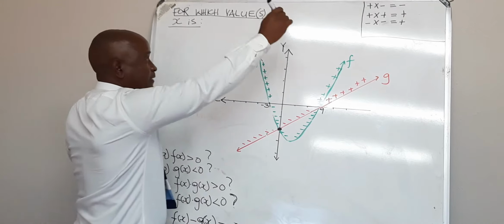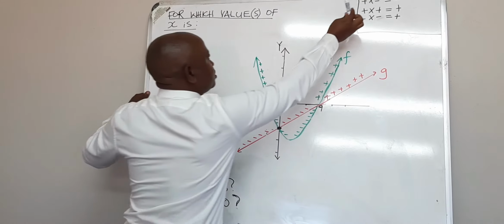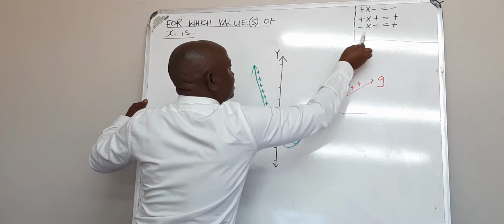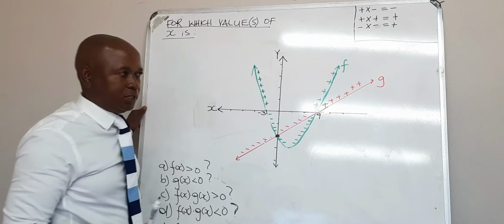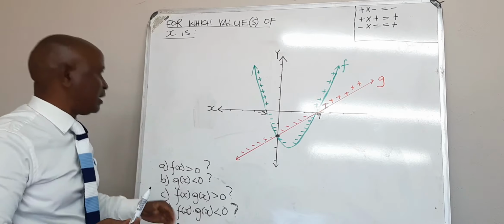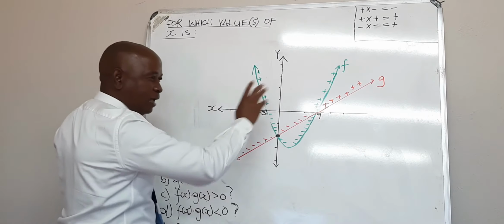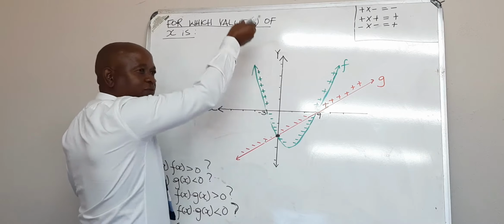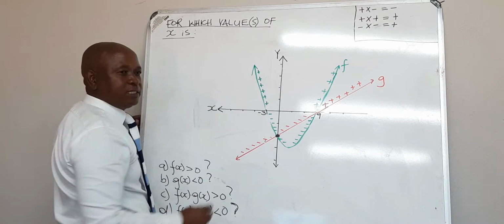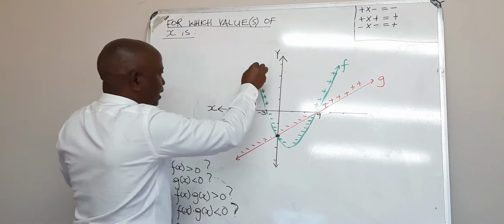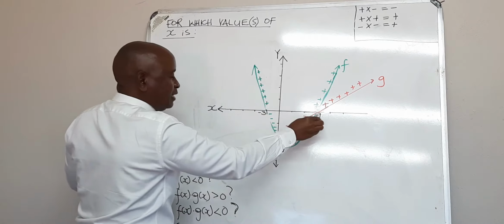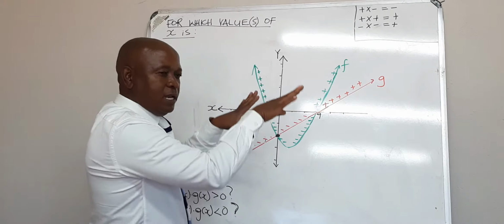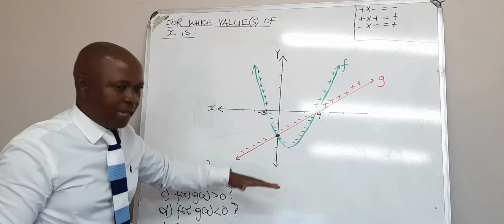Now, if you go back to grade 8 work, a positive multiplied by a negative gives a negative, and if you multiply signs which are the same, you always get a positive. They will always help us to answer these questions. Looking at these graphs, the green graph, which is a parabola, is positive when it is above the x-axis. It is positive here and also positive here. But between -3 and 9, it is negative, it is below. So positive means above, negative means below the x-axis.